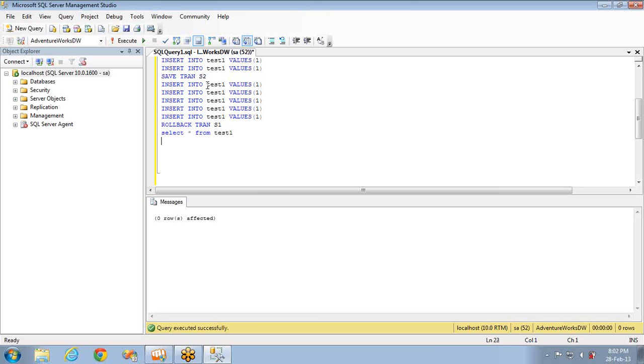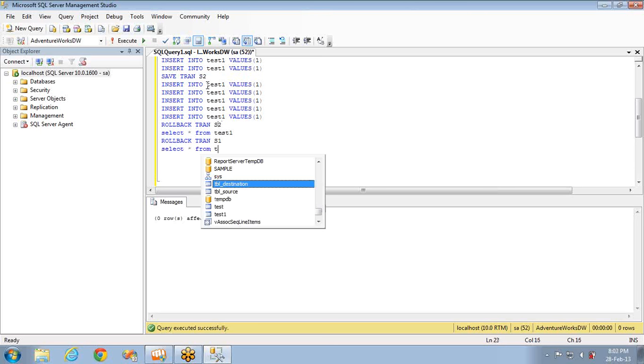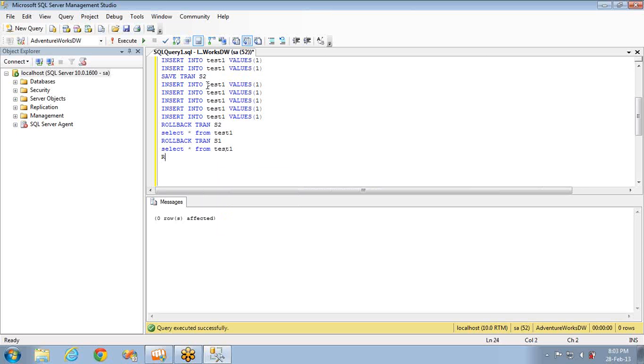And after this, I'm rolling back the complete one. Or else I'll do one thing: I'll roll back to S1 here, I'll roll back to S2 here, and finally I'll roll back the complete thing. Select star from test1, and here I'm finally rolling back everything, that is the complete transaction.